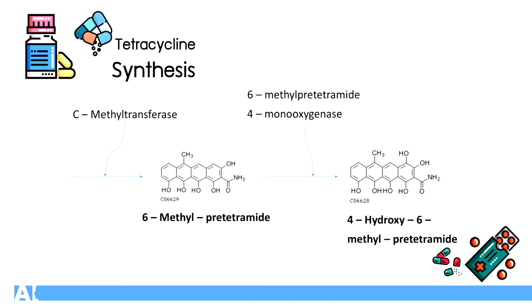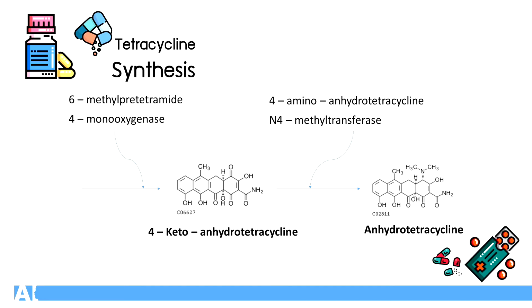Add a methyl group on carbon 6 to convert to 6-methyl pre-tetramide by C-methyl transferase. Add a hydroxyl group on the 4th carbon, converting to 4-hydroxyl 6-methyl pre-tetramide, and release a hydrogen in the hydroxyl group to become 4-keto anhydrotetracycline by 6-methyl pre-tetramide 4-monooxygenase. Transformation into